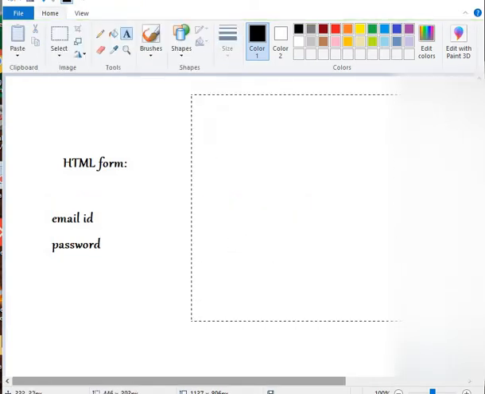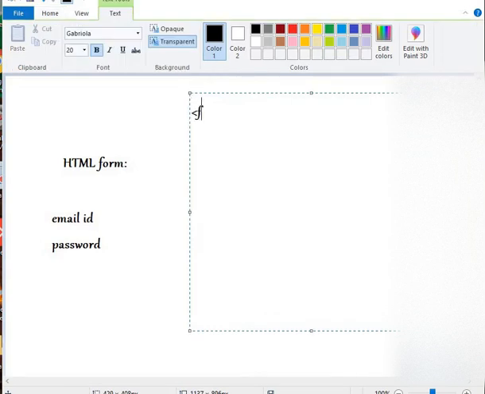So let's see how we can create a form. To create a form, you need to use the form tag, and then there is another tag, the input tag, and this tag is used when you have to provide some text, or you want to create a button, or you have to submit the data, right?